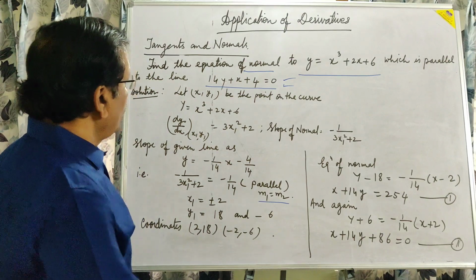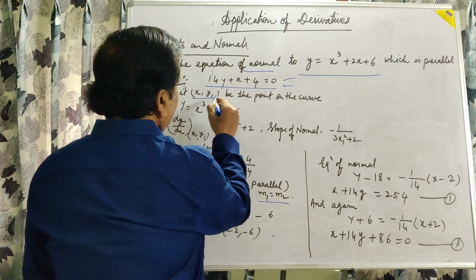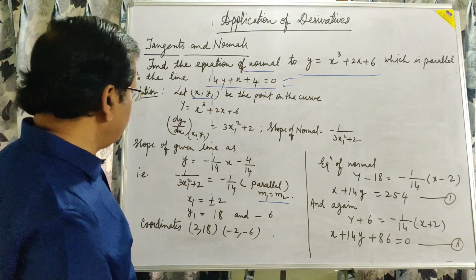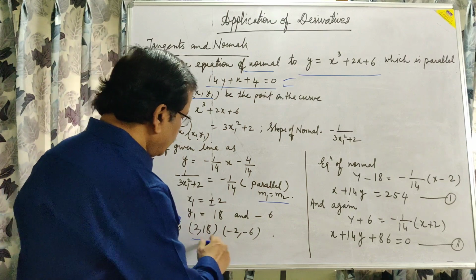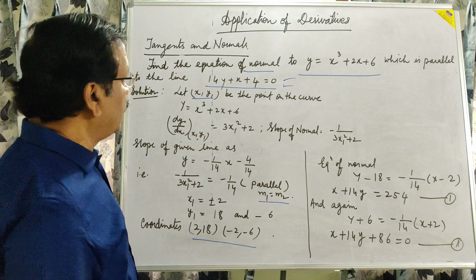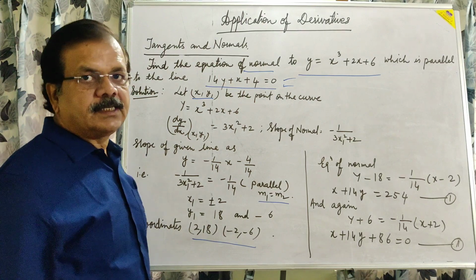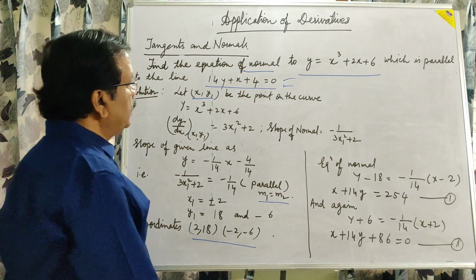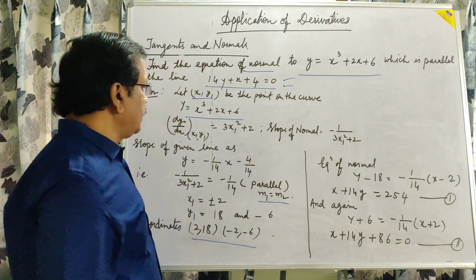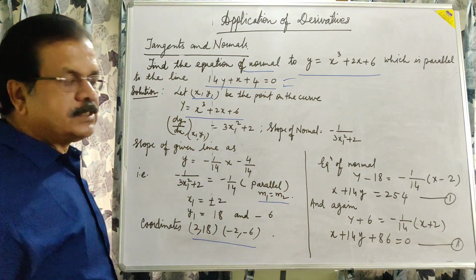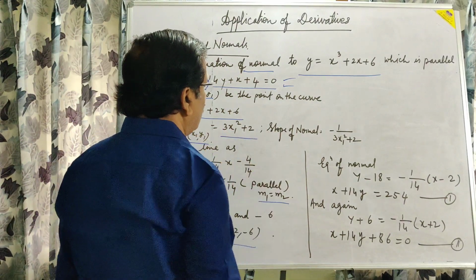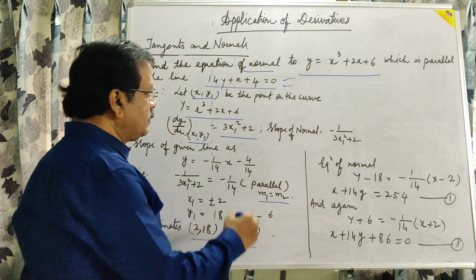Now you can see, let x1 y1, previously we can let that x1 y1, then we can see that there will be two coordinates, that doesn't matter, but once we start the question we'll start with x1 y1 taking single coordinate, be the point on the curve y is equal to x cube plus 2x plus 6, then dy by dx to this curve at the point x1 y1 is 3x1 square plus 2.